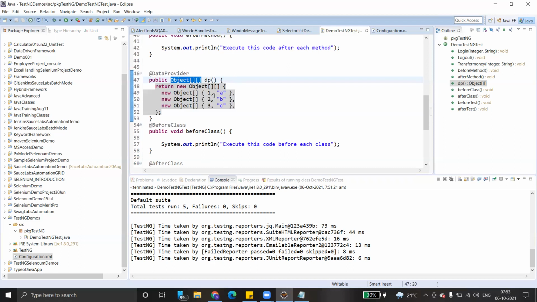But how can we start with return new object? We are returning a two-dimensional array. We are just adding records first by using the new keyword and then returning a new 2-dimensional array, inside which we add the records.